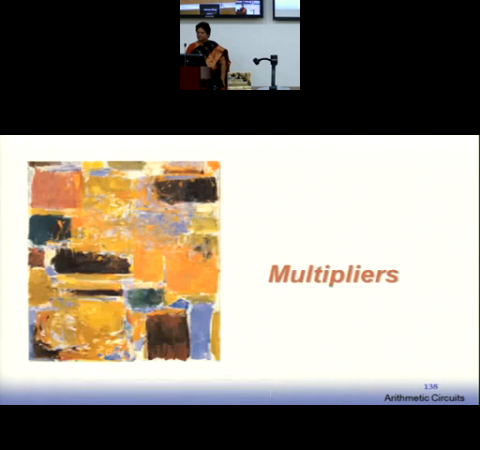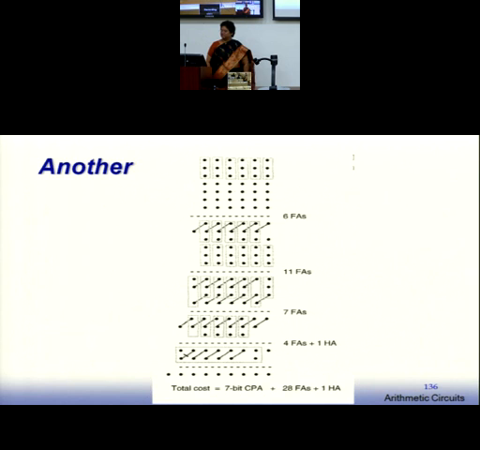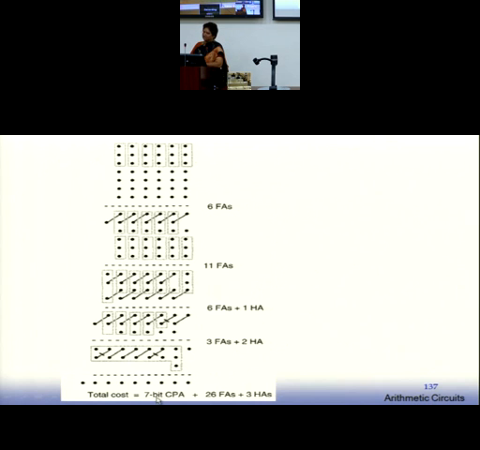Like I have shown you the same example, but you can use a different approach, and you can see there are two different hardware counts. Here you require a 7-bit carry save adder, 28 full adders, and a 7-bit carry propagate adder, which means RCA. So a 7-bit RCA is being used, 28 full adders and 1 half adder. The same implementation done in a different way may require 1 RCA which is 7-bit, 26 full adders and 3 half adders. So how do you add? Even then there can be a variation.